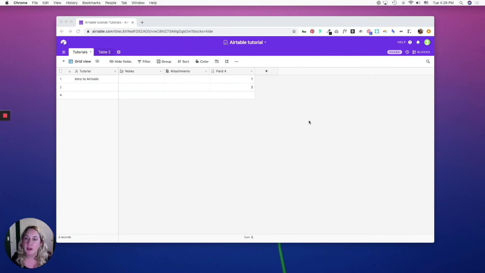In this part, I'm going to quickly go over linking records, and there are multiple ways you can do this. The first way you can do this is by creating a new table when you create a linked record. So the use case example would be that I am just starting out on a tutorial content management system within